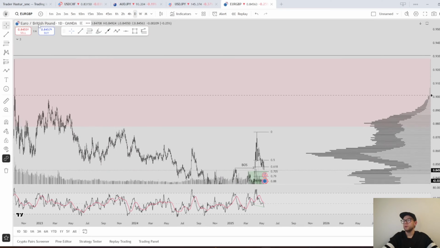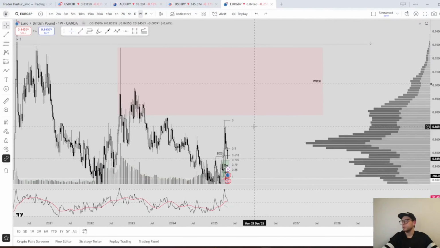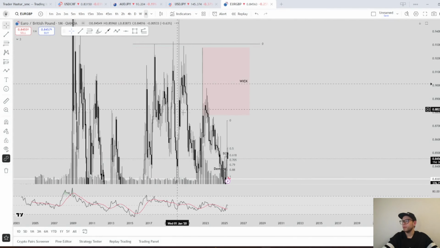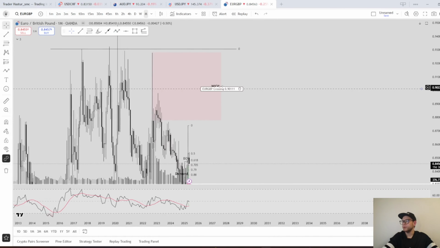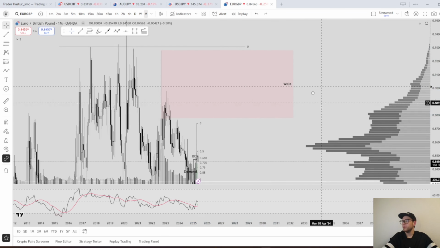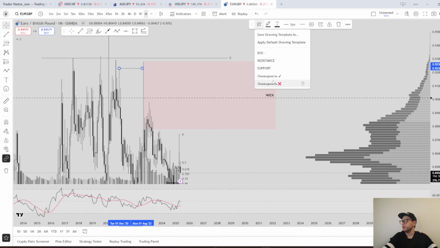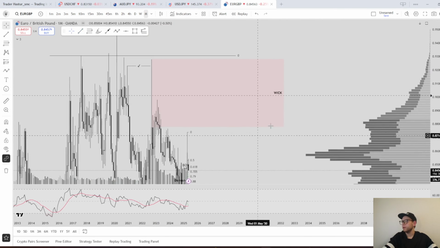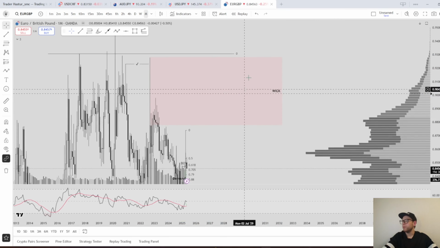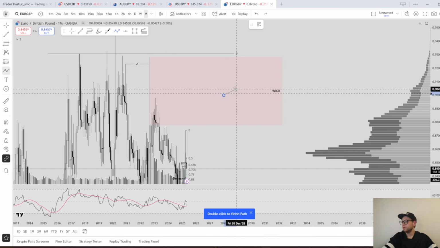Euro British pound. As you can see here, we have monthly, week, we can expect it. Yes, this week they grab this liquidity. We can expect reversal from 0.5 zone,